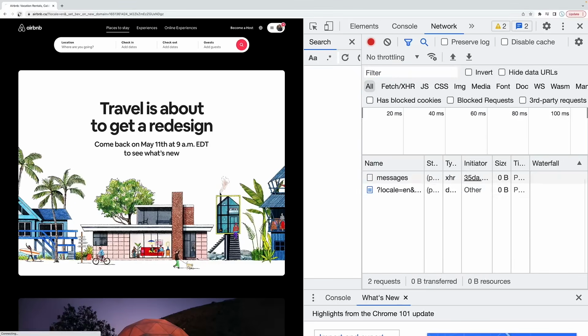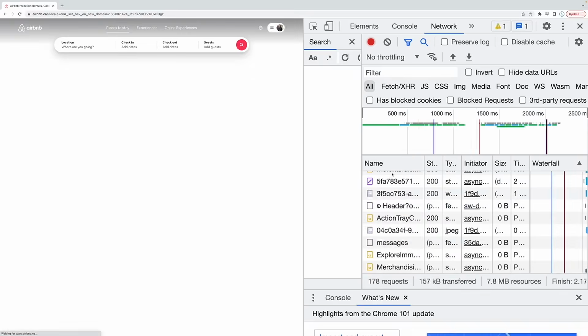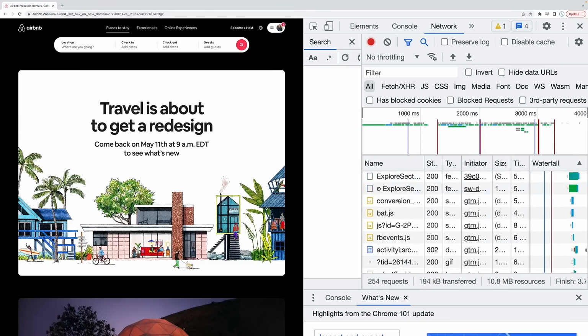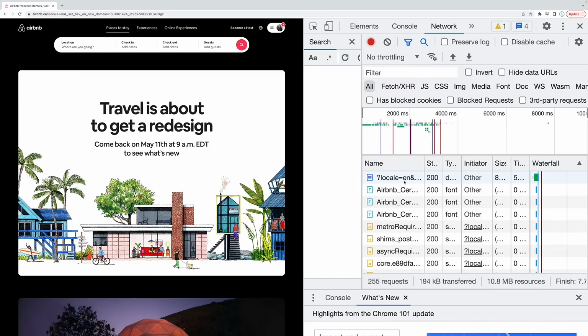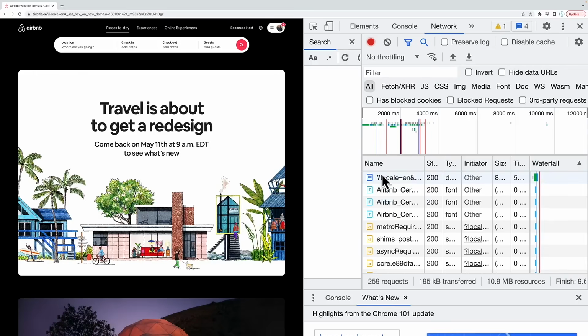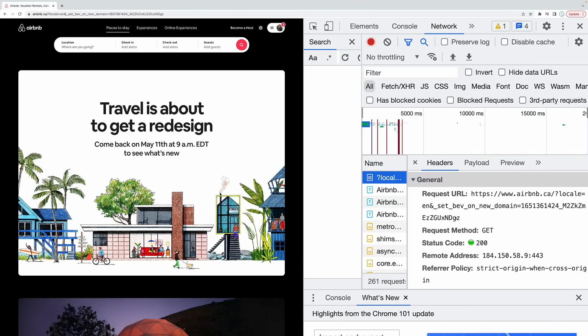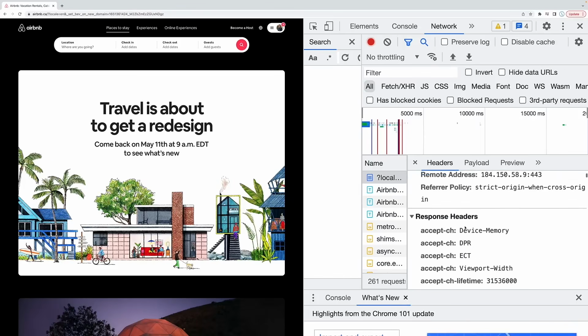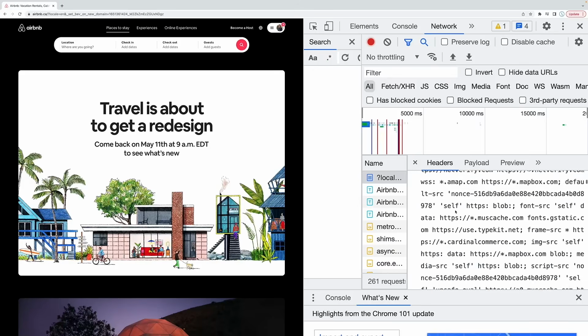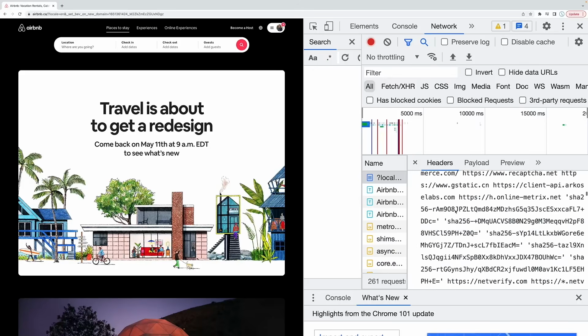So I'm going to refresh. And as soon as I refresh, you can see I get bombarded with a bunch of different network requests. These are network requests that were made from the browser to a particular server in order to get content. Now I'm going to click on the very first network request to get a little more information about it. You can see here, this is the URL that was requested from a particular server. You can get a bunch more information, but I want to scroll down a little bit,